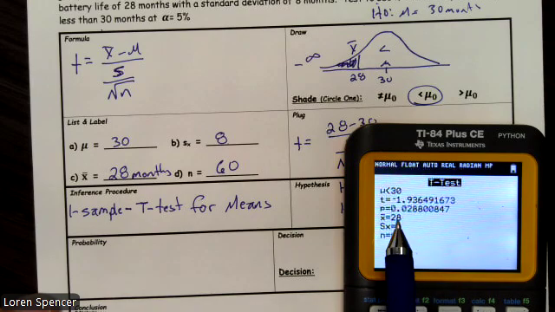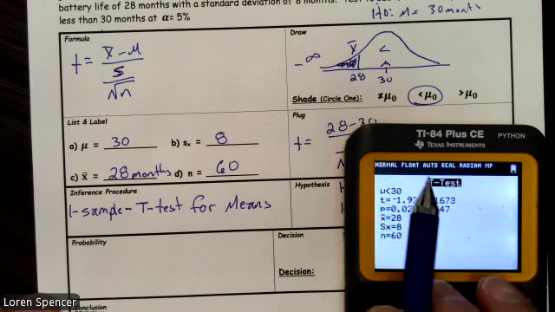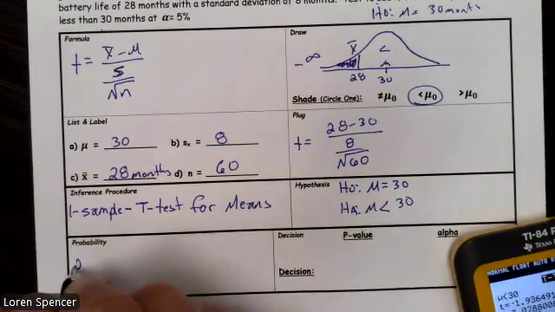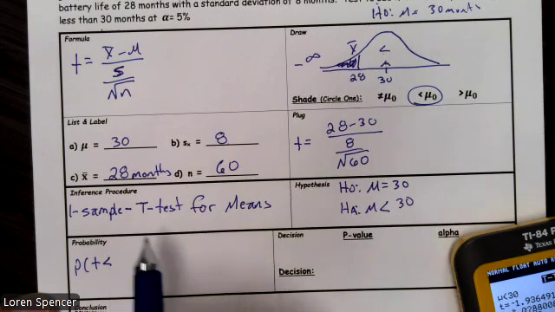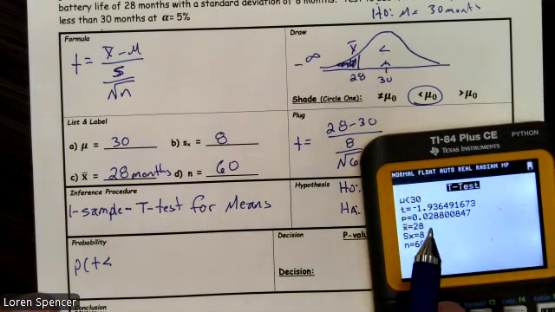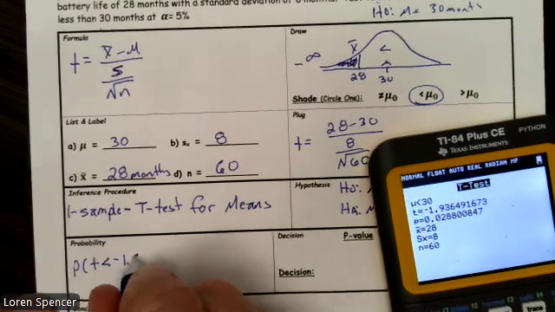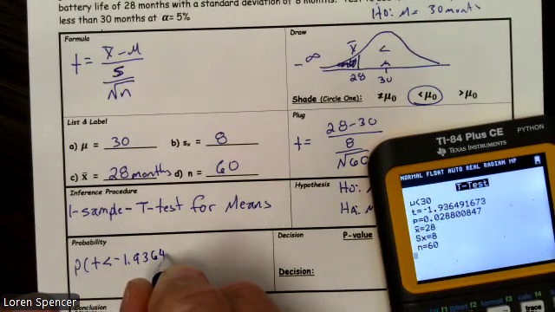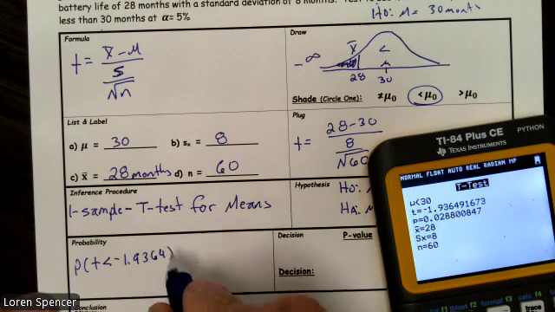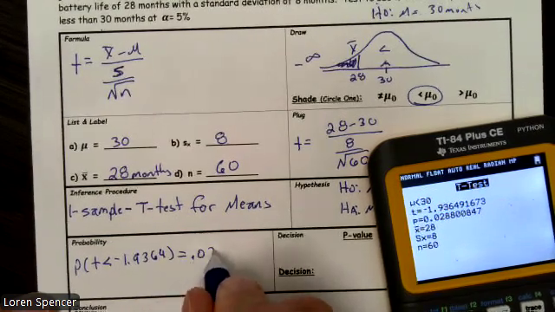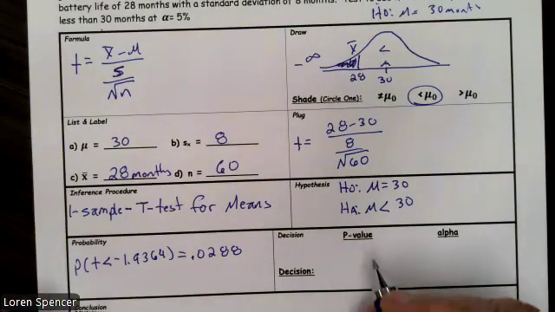When we calculate, we're going to have the probability statement, that t is less than negative 1.9364, and that equals 0.0288. So our p-value is